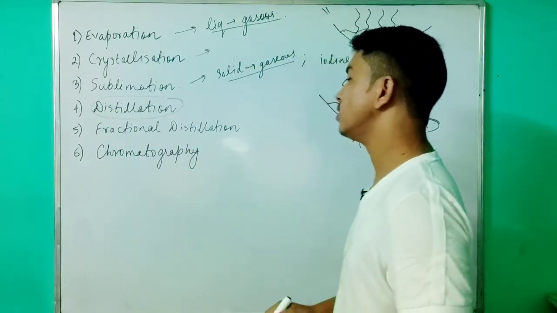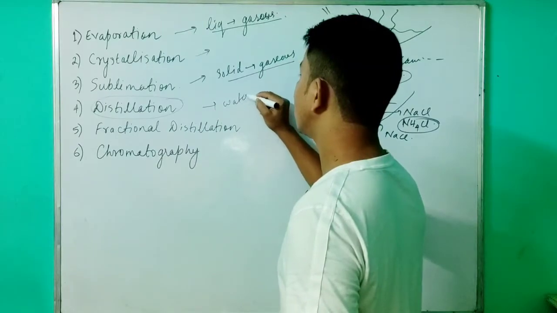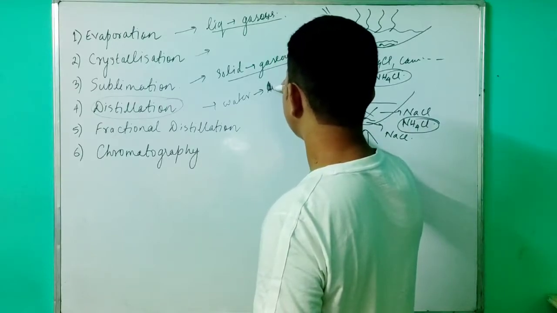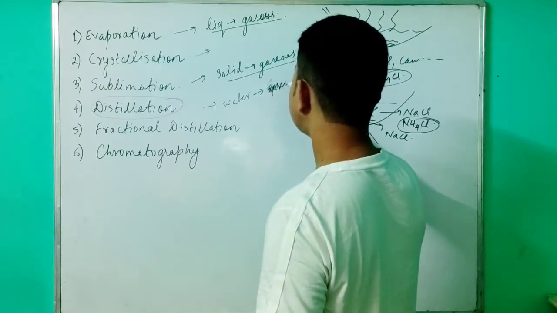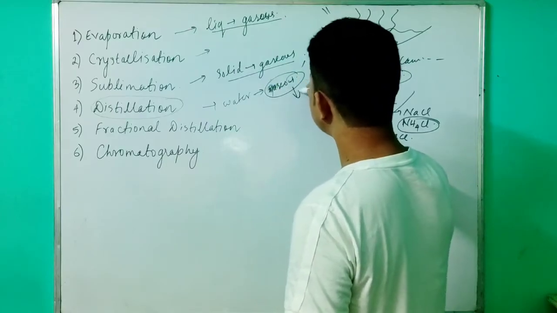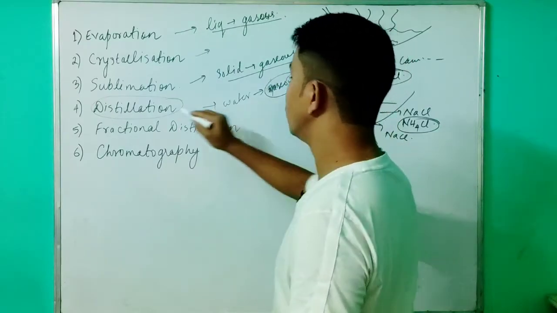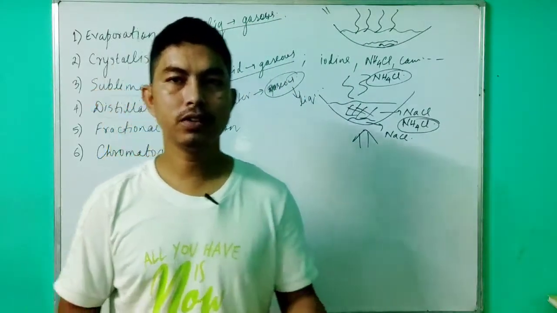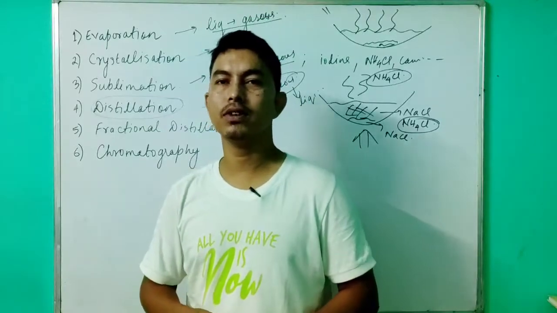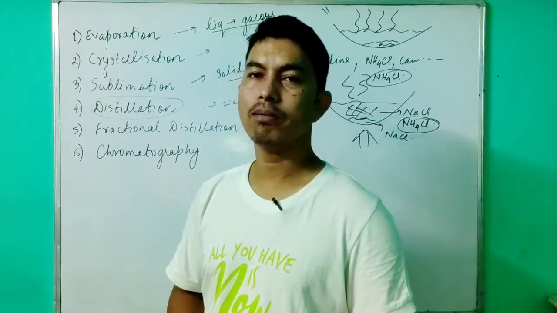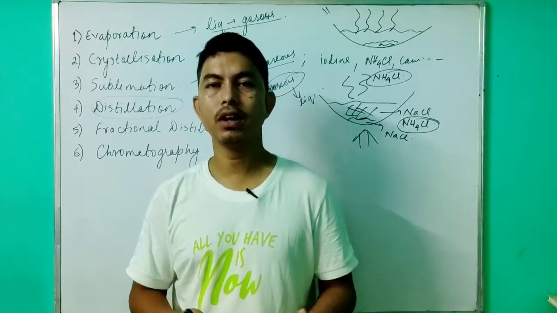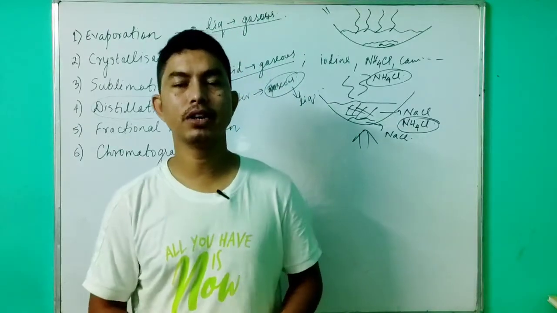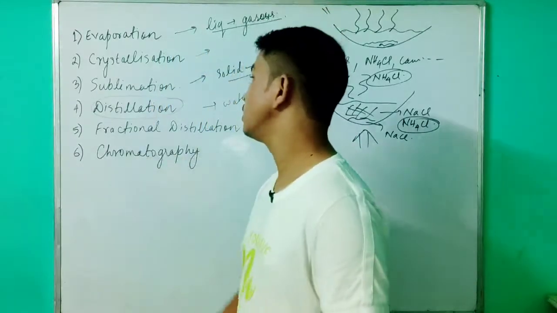So what is distillation? Take water. When the water is heated, it changes into water vapor, that is, the gaseous state. Then on cooling this gaseous state, it changes back into liquid. That process is known as distillation. By the process of distillation, we can obtain distilled water. Distilled water means water that does not contain any salt or minerals. Water is taken and heated. On heating, only the water vaporizes, and then that vapor is condensed back into liquid. That process is known as distillation.